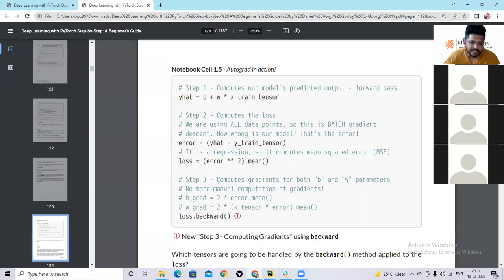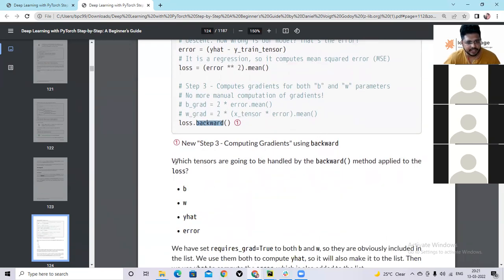So if in this case we had multiple trainable parameters B, W, C, A, all of that were used to calculate y hat, then according to the graph, the backward will calculate the gradient for all those variables, because we have set the requires grad flag to be true for all the learnable parameters.